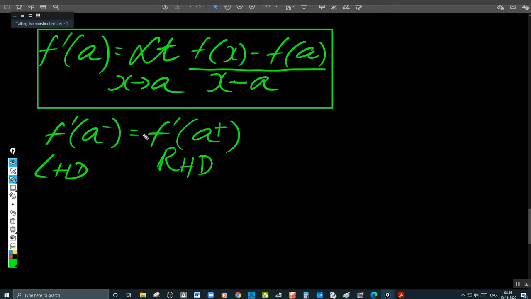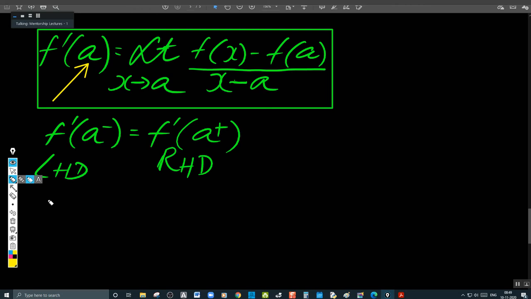The function is differentiable at x is equal to a. This is the differentiability of a function at a particular point a. Don't forget, if you want to find the differentiability at a particular point, you have to make use of this. Unlike that, if you want to check the general differentiability, at all x,